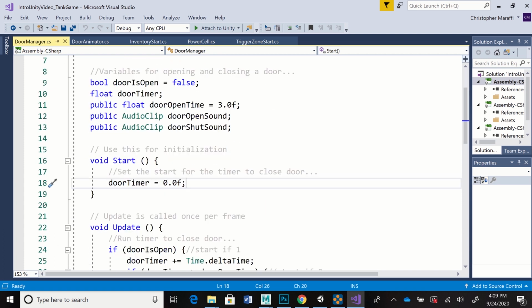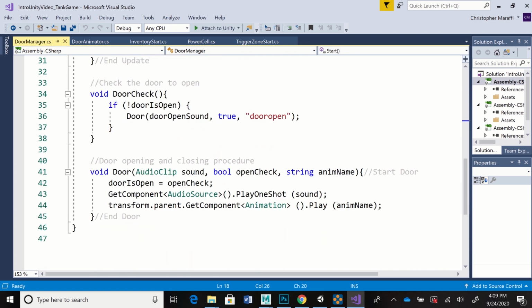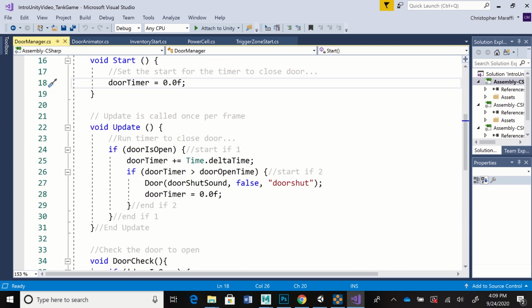And then up here under update, once the door opens, it's always checking to see if door is open is true. And it is true because it's set down here as the first line in this door animation. So then it's going to start the timer, and it's adding time.delta time, which is the game time. It's making door timer plus equals to that, so it keeps adding to it. And if that door timer becomes greater than door open time, which we set to 3 seconds, and then manually set to 6 seconds,